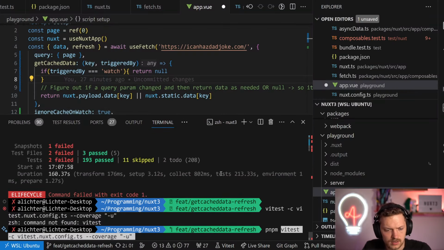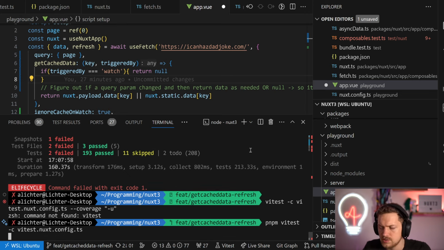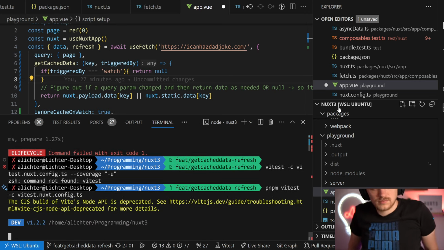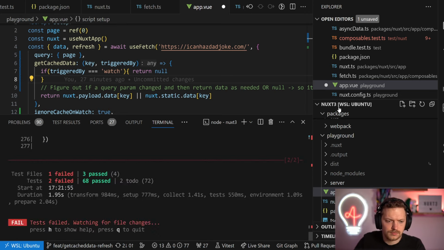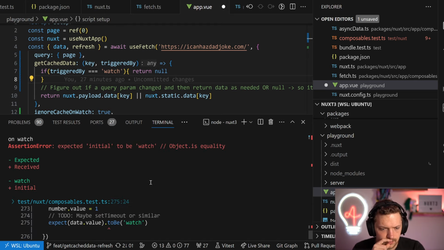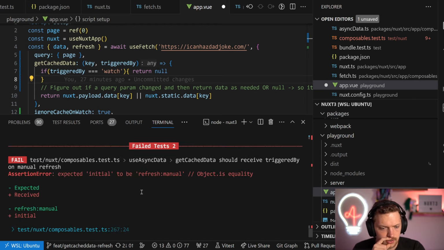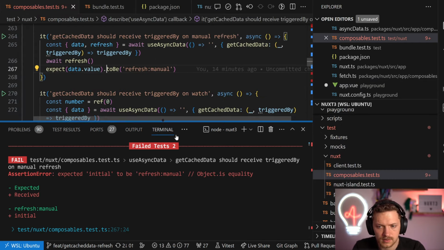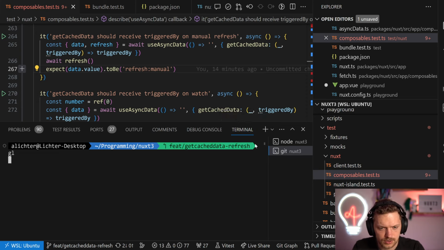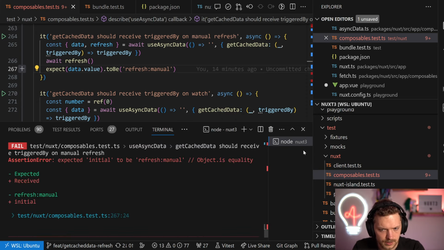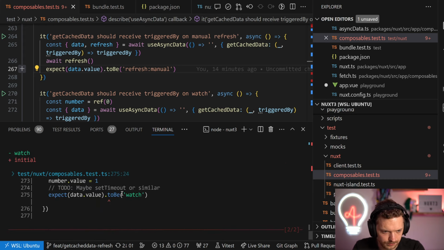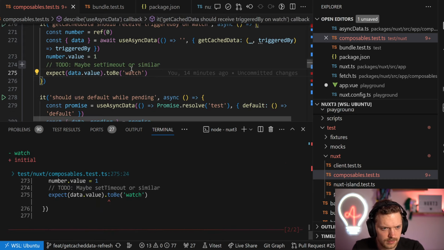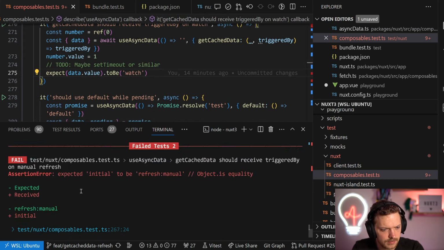And let's do this, and we don't need a coverage. We just run this. Yep, perfect. Expect initial to be watch, and initial to be refresh manual. This is not how we want it to be. In the meantime, let's pull in the latest changes, which fixed some things here. Still, same issues. The watch, yeah, we need some. And here,